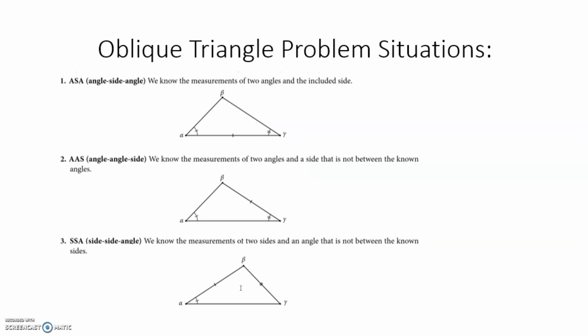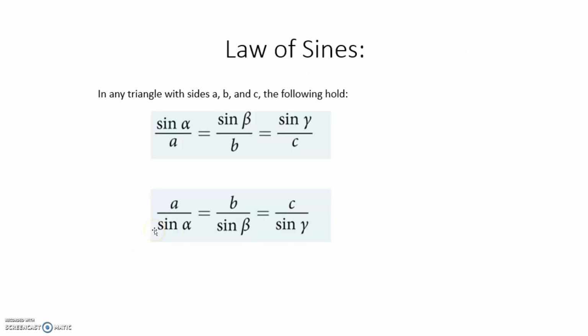Okay, so here are some of the cases. If you've got an angle side angle case, you've got this angle here, this side, and then this angle. So angle, side, angle. Angle, angle, side. So I have this angle, and this side. A side-side angle case. So if I have this side, and this angle. For all 3 of these types or cases, we're going to use the law of sines,